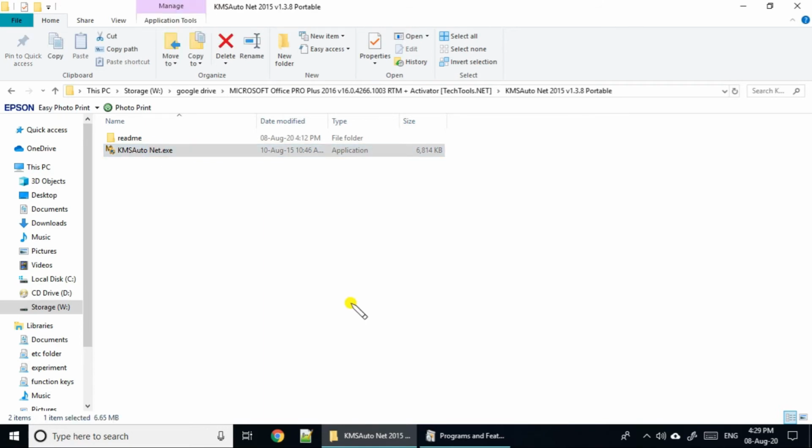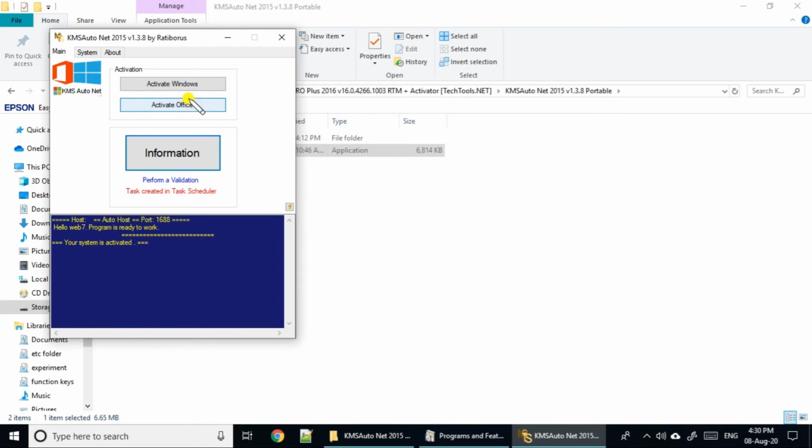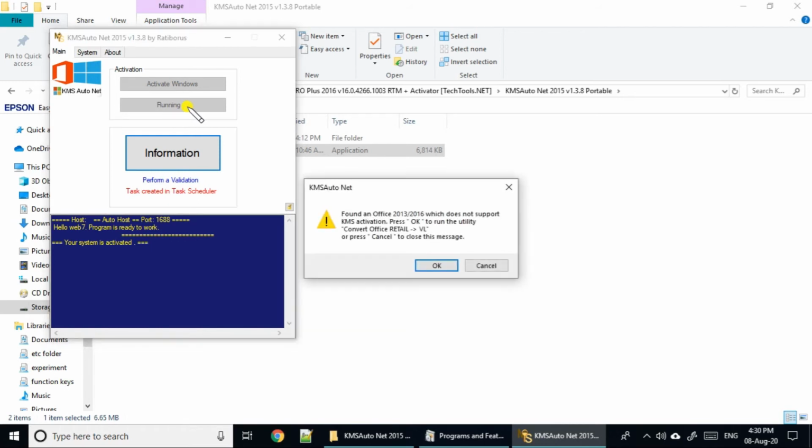Yes, then activation, then activate Office. It is running. So guys, here you need to remember one thing. Before activating this software, you need to open MS Word at least once.